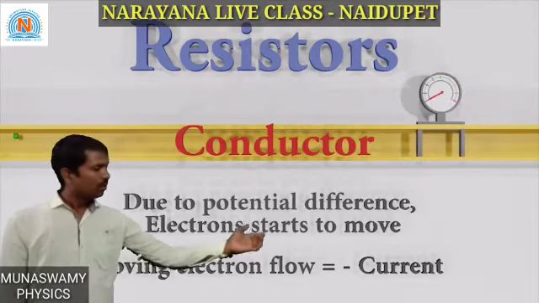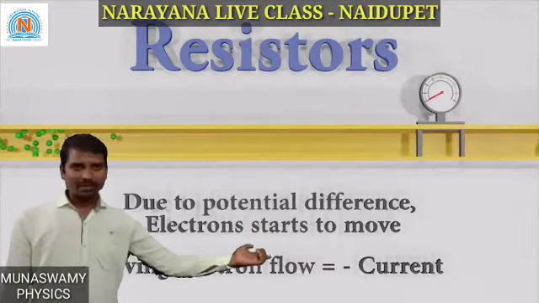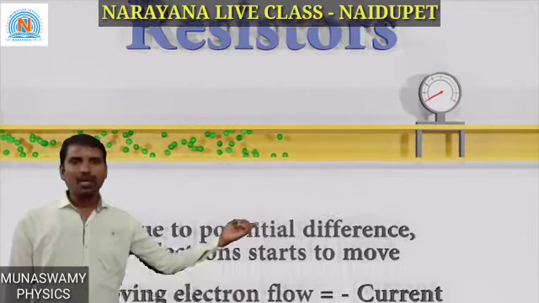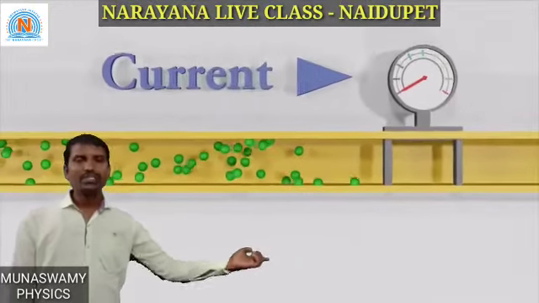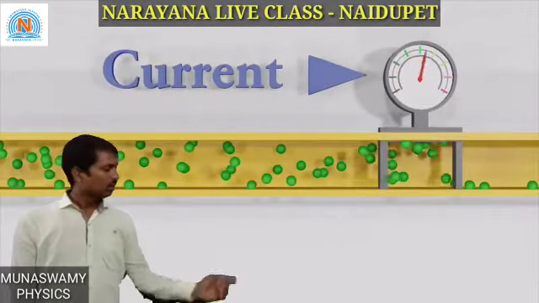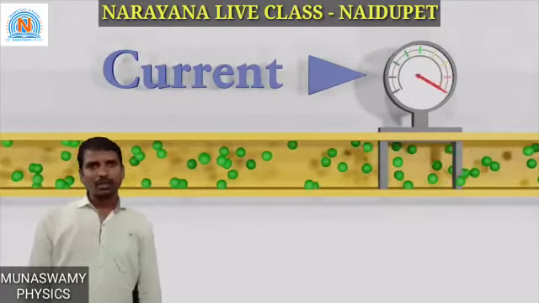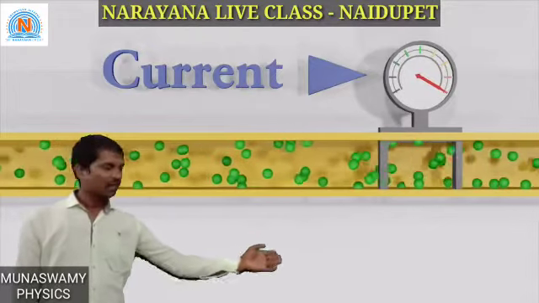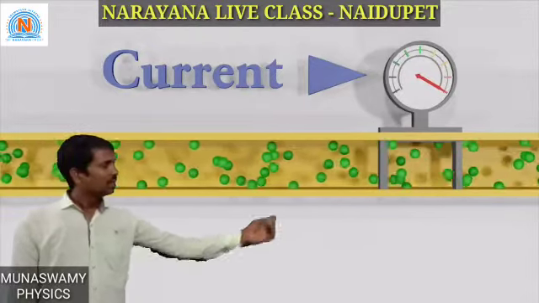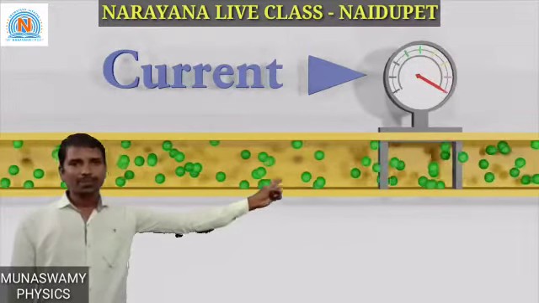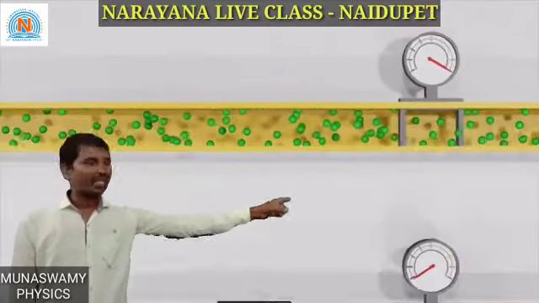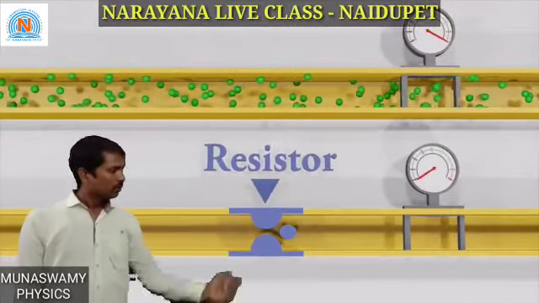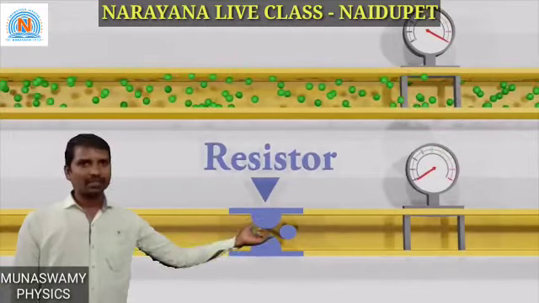So we know that the current direction is always opposite to the flow of moving charges. Next, if you consider the current passing through this conductor is very high, that must appear in the ammeter when we connect an ammeter across the conductor. So whatever current we get, that is a high current.